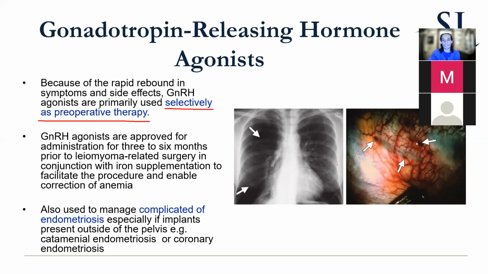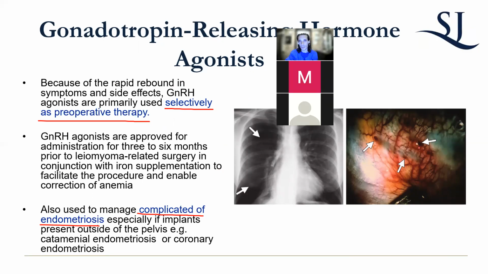And then when you do your abdominal myomectomy, it's less risky and you have a greater chance of success. Additionally, it could be used to manage complicated endometriosis. Because sometimes you could have endometrial deposits anywhere. This is an example on the right, something called catamenial endometriosis, which is endometriosis of the lung. These implants are really troublesome because when you have your menstrual cycle, they also cycle, so they hemorrhage, and you hemorrhage into your lung. You have to have a lot of VATS procedures, and it's actually a very morbid and terrible thing.